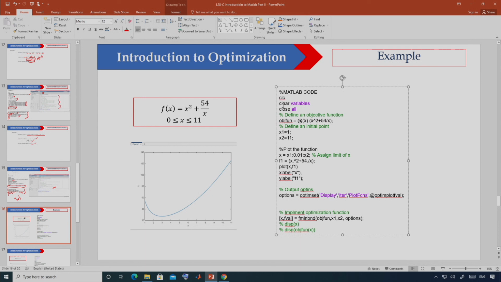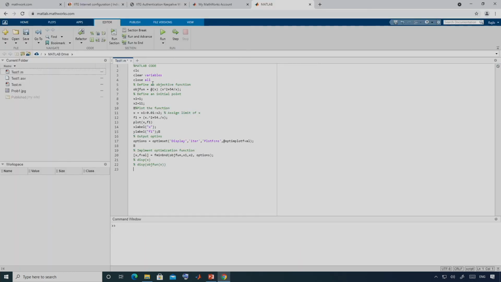So, let me copy this one. So, I have copied this Matlab code. Okay. So, here, as I said, these lines are to clean the environment. So, I am cleaning, and after that I have defined the objective function. So, the objective function is x square plus 54 by x, and then I have defined the lower bound and